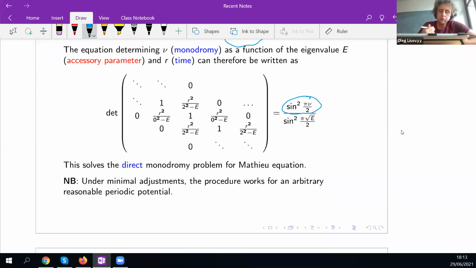Now, what should we do if we want to invert this relation? Before I explain this, there is a remark here. Even though this is written for Mathieu, in principle this procedure works for an arbitrary periodic or rational potential. So there is absolutely no problem in obtaining an analog of this relation. Now, for inverting